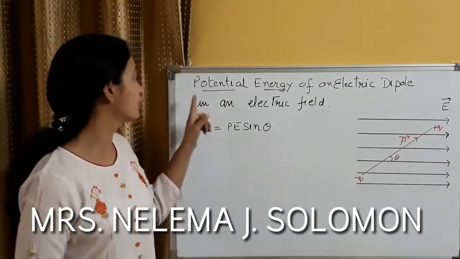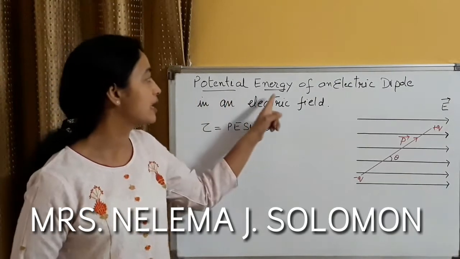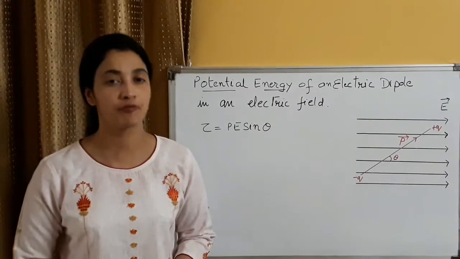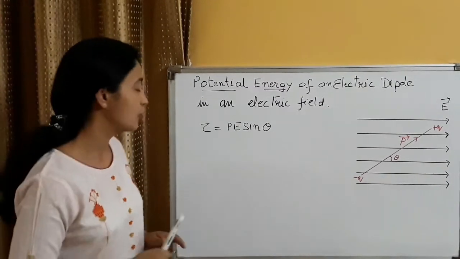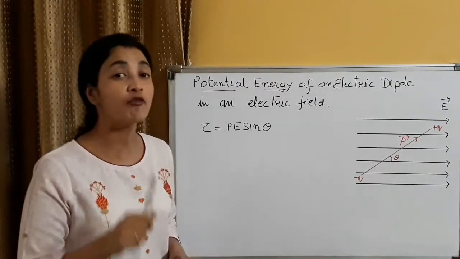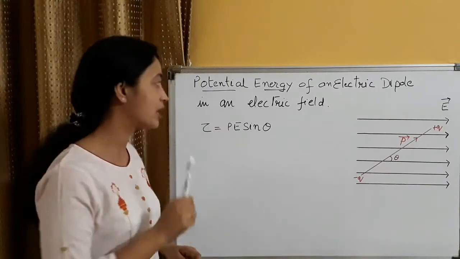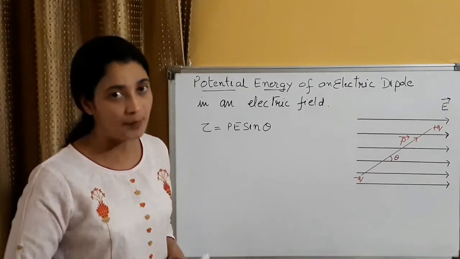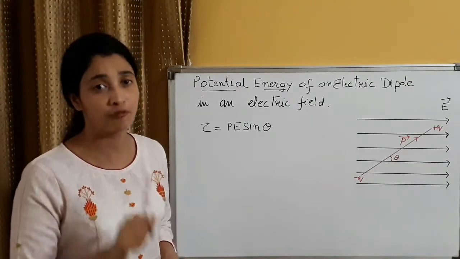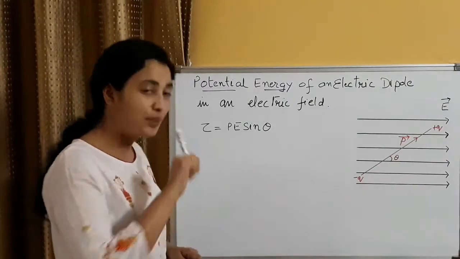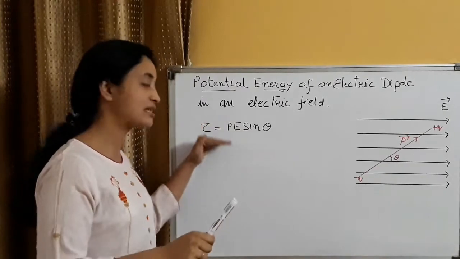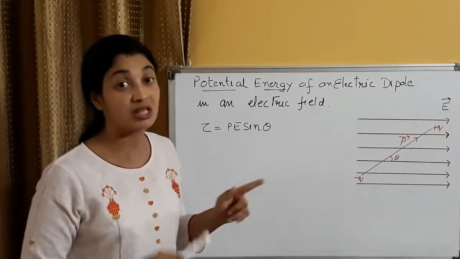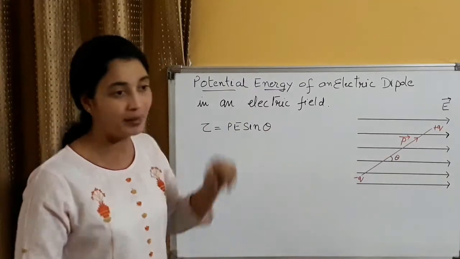Today in this episode we are going to study about potential energy of an electric dipole kept in uniform electric field. Here I would like to tell you something. You need to refer to one of my previous episodes where we have discussed torque acting on an electric dipole kept in uniform electric field. Yes, you need to brush up that topic in order to understand these steps smoothly. Go back to that particular episode where we have discussed torque on dipole in uniform electric field.